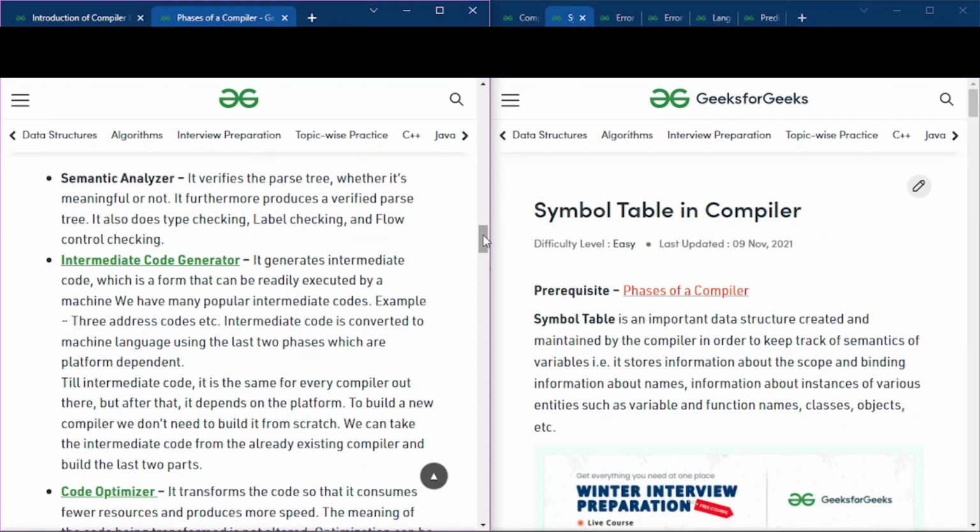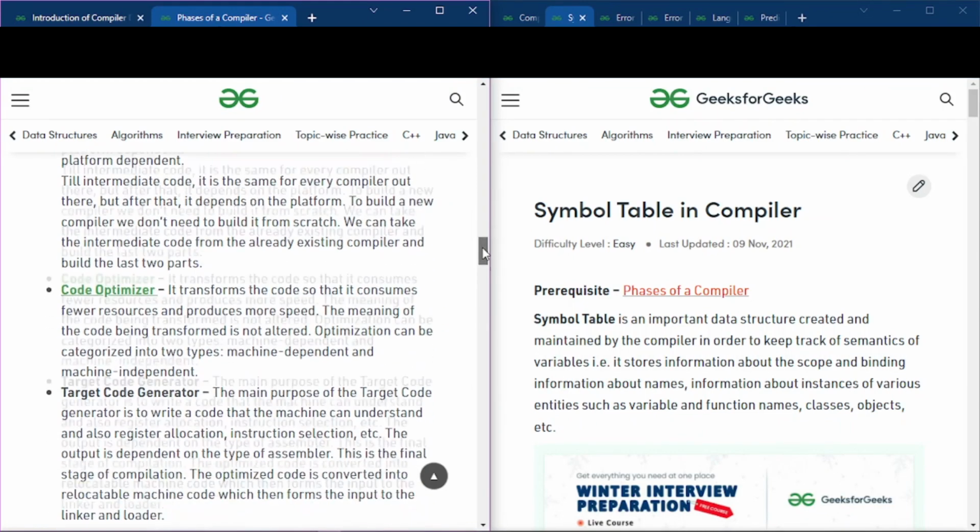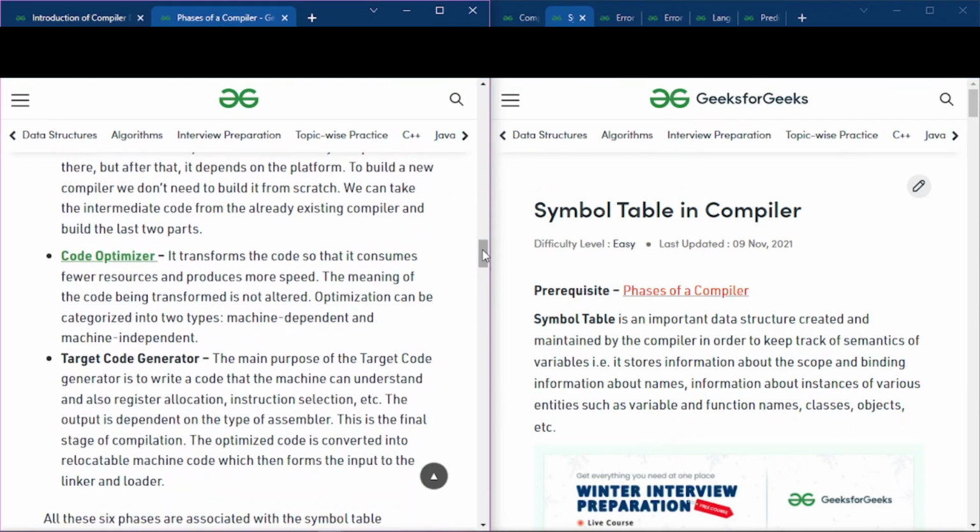Now coming to the intermediate code generator, it is used to generate an intermediate code, which is used by the machine, to convert to machine language. The code optimizer transforms the code such that it consumes fewer resources and produces more speed. And the target code generator is used to write the code that a machine can understand, and also register allocation, instruction selection, etc.